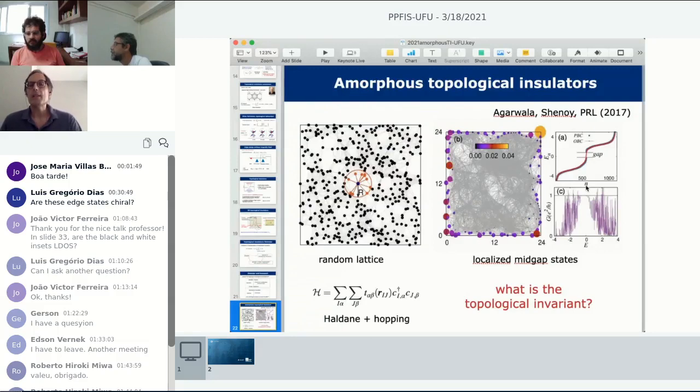N is the cumulative density of states. So you integrate the density of states from the bottom of the band until the energy E. Okay. So what happens? Sorry, I should have explained that. My mistake. So what happens is that there is the bottom of the band. Well, it's not the real.